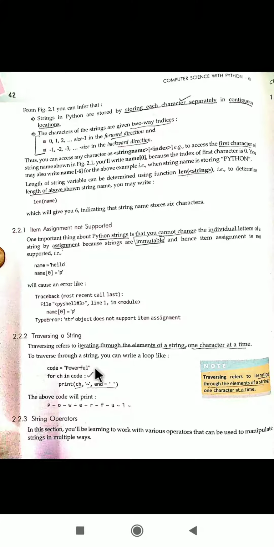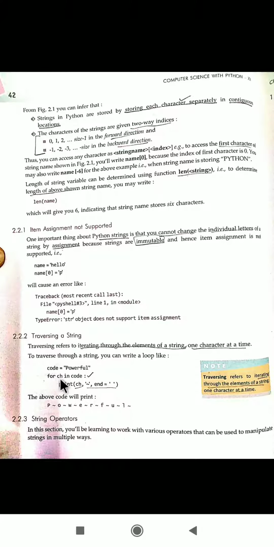We always know that we need to store the value of the string inside double quotes or single quotes. We have discussed these things. So the definition of traversing is iterating through the elements of a string one character at a time, moving from one character to another till the string ends.